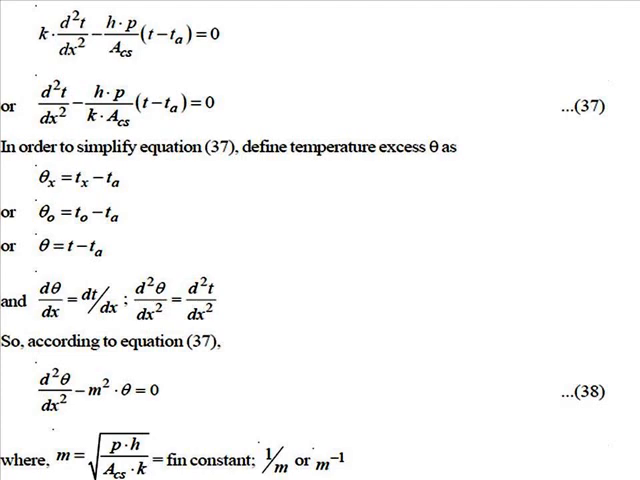So if I write these values in equation number 37, I will get d square theta by dx square minus m square theta equals 0, where a very important term is m, called the fin constant, which equals under root of hP divided by Ak, that is perimeter times convection heat transfer coefficient divided by cross-section area of the fin, and k, the thermal conductivity